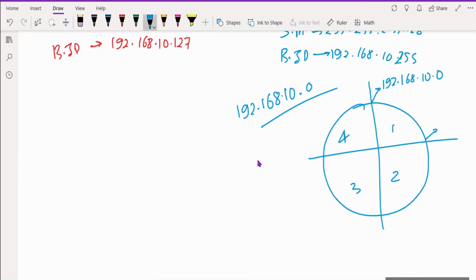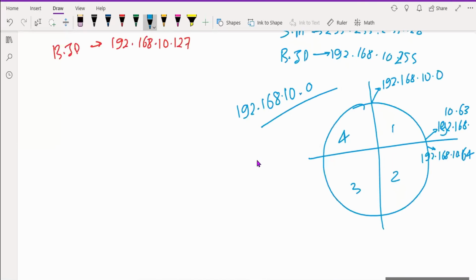So this ends at 192.168.10.63, and this is 192.168.10.64. So dot 64 is the network address for your second cluster. If you write all the network addresses, we are adding 0 plus 64.